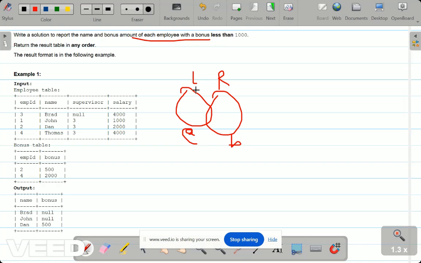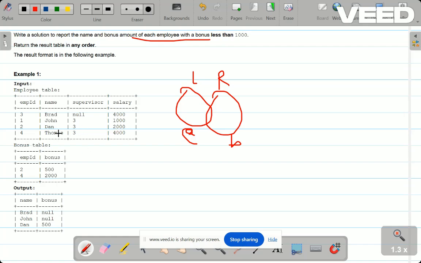Then what do we have to do? We have to do a left join so that everything in the left table comes, along with the matching rows. That means employees who have a bonus, and also the other employees, we have to get. If there is no bonus, the bonus will be a null value. As there is no data from the right table, that will return a null. And the bonus that is present will definitely come there.